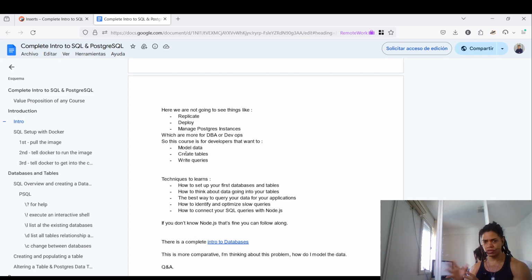And even though the idea here is that this course is for developers, it is not for DBAs or for DevOps. So here we're not going to see things like replicating or deploying, or how to manage and administer a particular Postgres instance. Because of that, this course is very interesting as a developer,